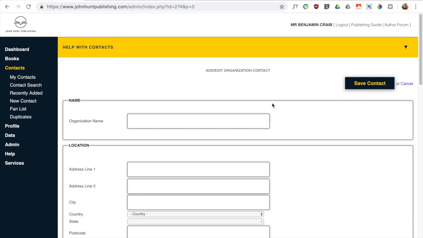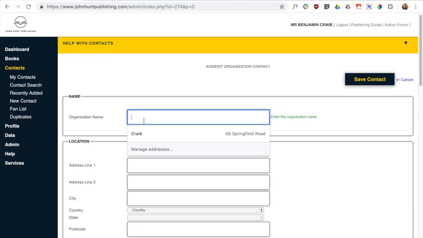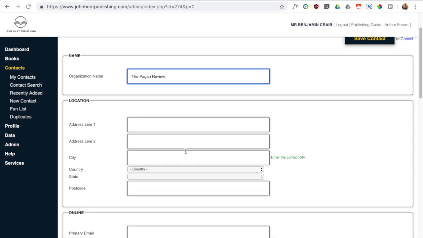My fictional contact is a pagan contact. We have Moon Books, our successful pagan imprint, and I'm going to make up a contact called the Pagan Review, and imagine that's a new pagan themed book review magazine and website that's just come out. So the first thing you do is put in the name, the Pagan Review, and then the address if you have it. I'm just going to make up an address in London here,